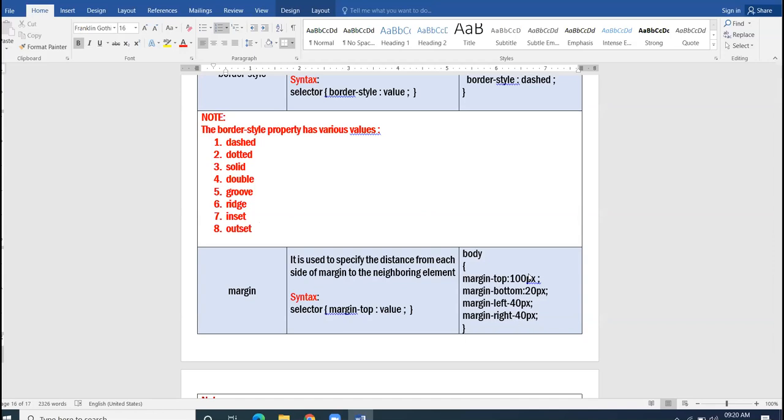And these are the values that you can set with respect to your margin. Like I am giving top margin 100, bottom margin 100. Top and bottom I am keeping the same. Left and right I am keeping the same.